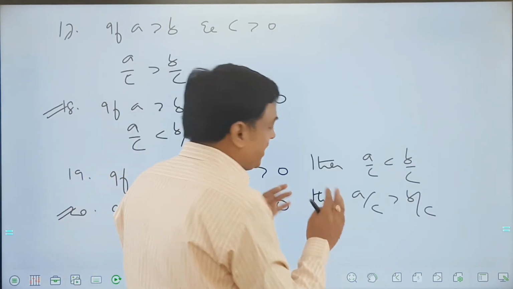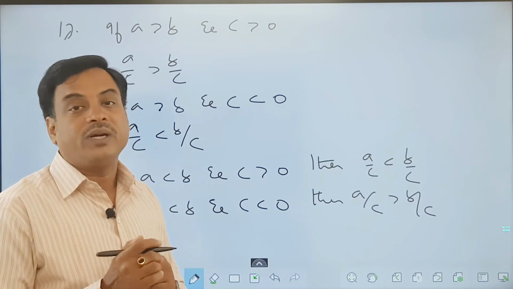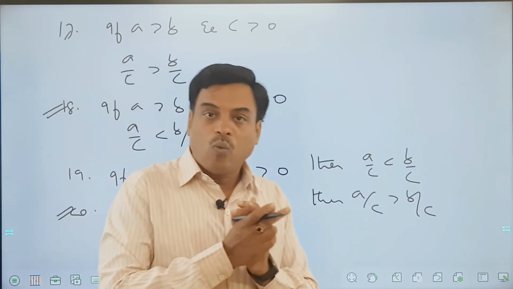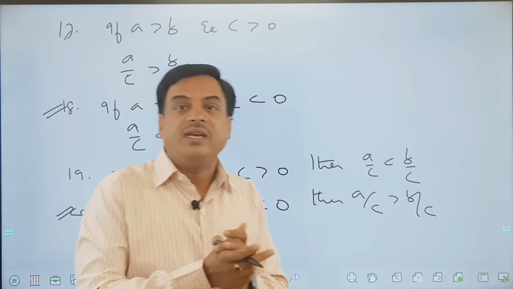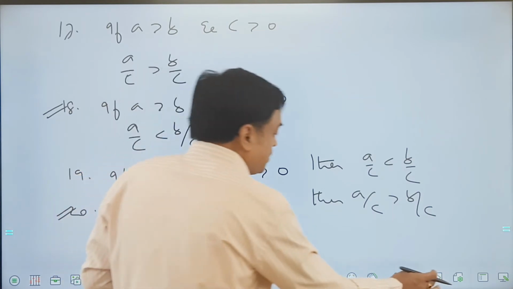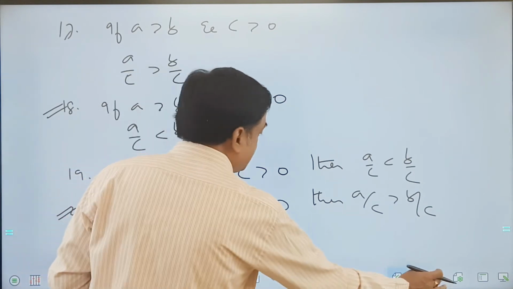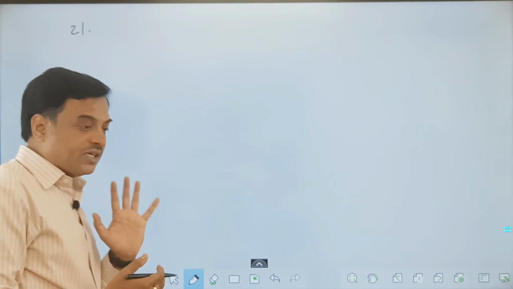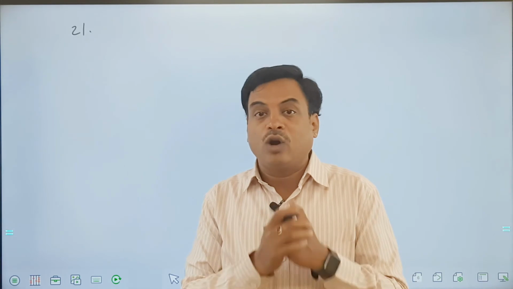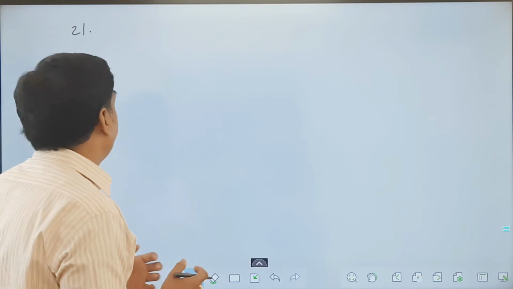Okay. So if you are getting confused anywhere, friends, please take small numbers and try to cross-check these properties so that you can get more clarity on what we are discussing and the important key points, like when the inequality changes and when it will never change. Okay. So next, let us take fresh points here. Point number 21, friends. Things may look like I am discussing 20 points or even more, but remember where the inequality is changing and not changing. If you can remember that, these 20 points are hardly hard to remember. We can easily remember all these points here.